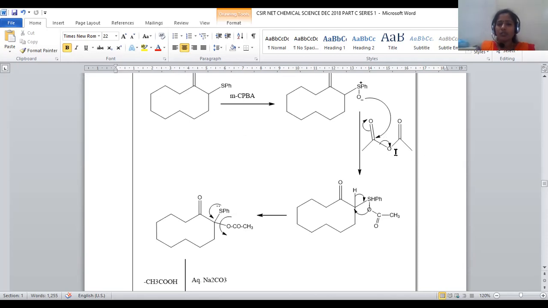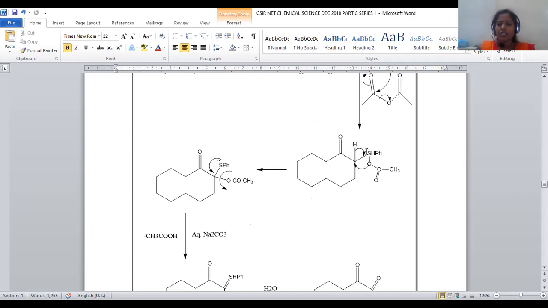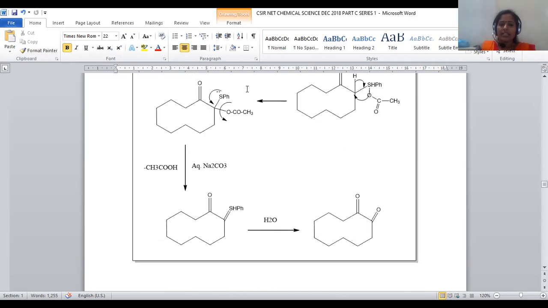Subsequent migration of the sigma bond towards oxygen is possible, so that there is a formation of S-O-C double bond O CH3. S-O-C double bond O CH3 will be obtained, and what will it do? It will be involved in a migration of the functional group. Here the formation of a new carbon sulfur double bond, and this ester group will be shifted towards carbon rather than sulfur. So this ester will be the better leaving group, and the sulfur lone pair of electrons will be back polarized, so that we will get carbon sulfur double bond formation, and this acetate moiety will be eliminated from the center under base catalyzed reaction conditions.